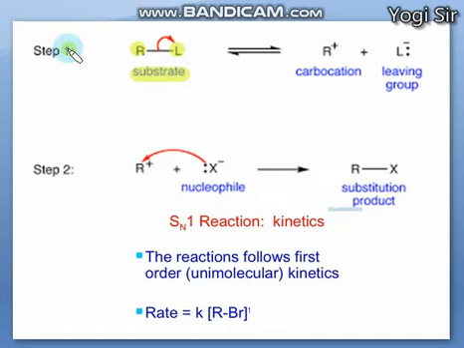So in step 1, this substrate undergoes heterolytic fission, and L will receive the electrons and become a negatively charged ion, or anion, that is named the leaving group, the leaving functional group, and respectively this alkyl group will gain a positive charge. It produces a carbocation. So here in the first step there is heterolytic fission, R gains a positive charge and produces a carbocation, and the leaving group L produces a negatively charged anion.